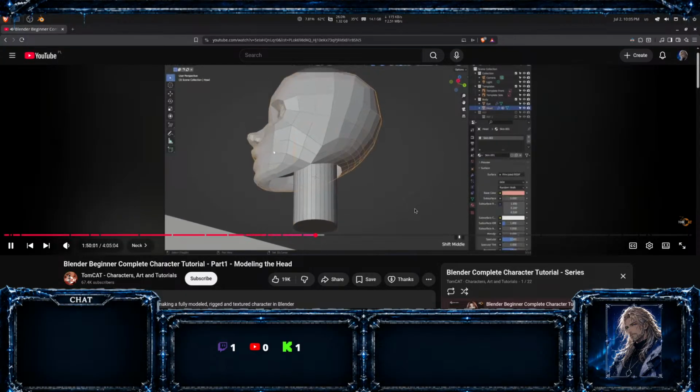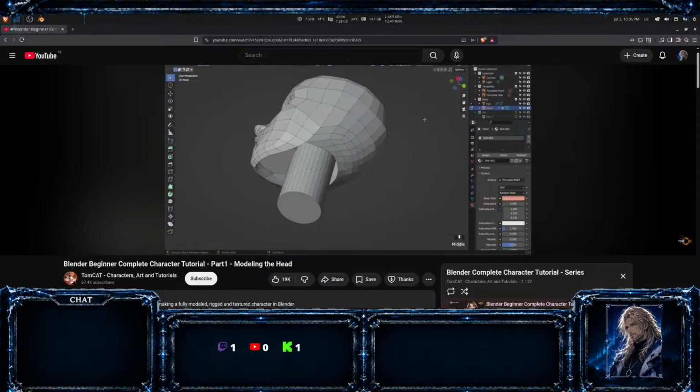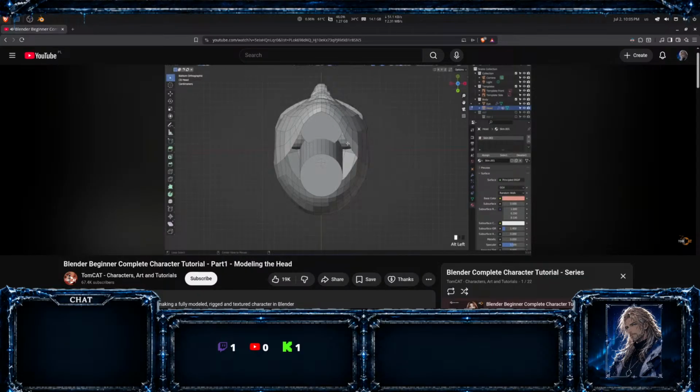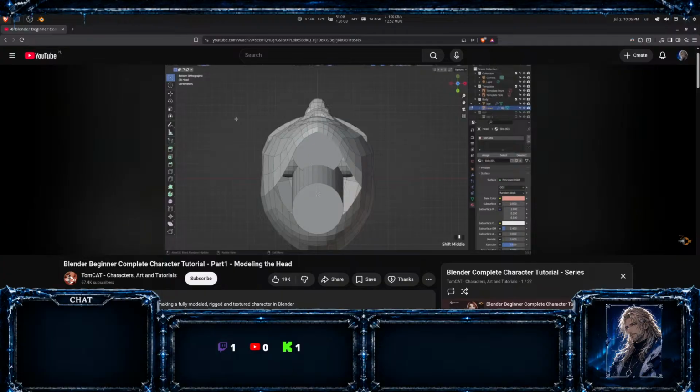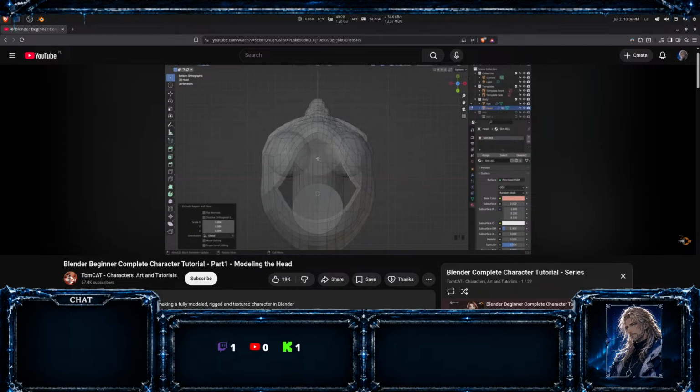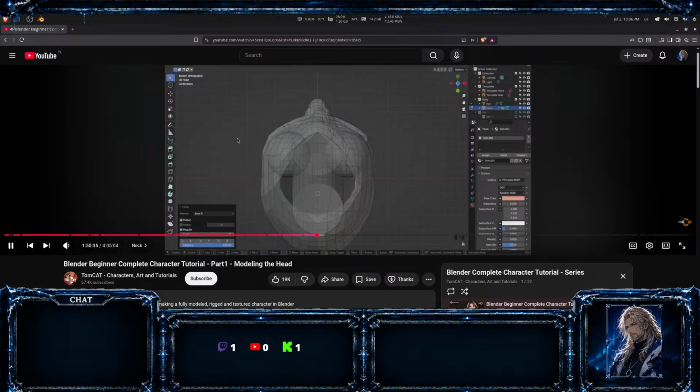Grab our head, tab into edit mode, and let's go to the bottom view. And let's close up this hole. So we'll extrude this and then scale it towards the 3D cursor. So let's get the 3D cursor turned on, which it is. Let's turn off proportional editing and hit E to extrude, S to scale. Okay, let's turn on X-ray. So we've got that. Let's make this a circle shape. So we can go to loop tools. This is one of the add-ons. And do circle. And okay, so we have a problem because you can see on the